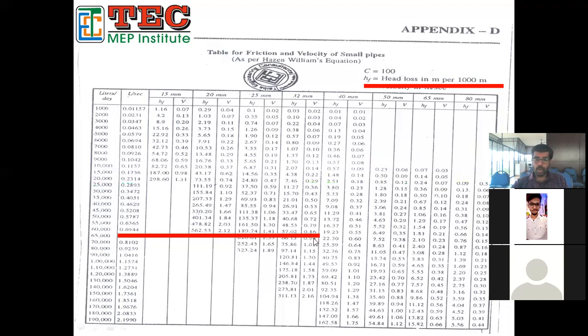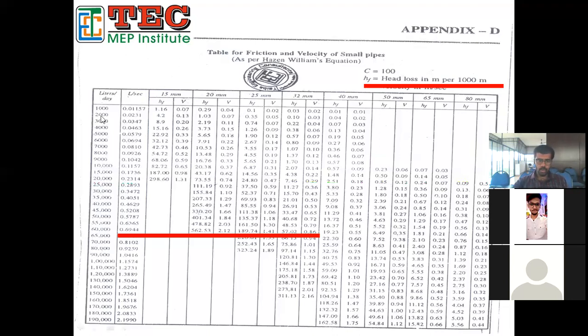And velocity is 0.86. You can take it from here, or if you want to know the correct value, you find out the value by the same equation, Q equals A into V, and you may get 0.8. You can take only the approximate value from here because there is no 0.66 here. So you could take only the value which is coming closer to it. That's why you got 0.86. If you want a correct, precise value, you go for the formula and you can find it out. Which formula? Q is equal to A into V.